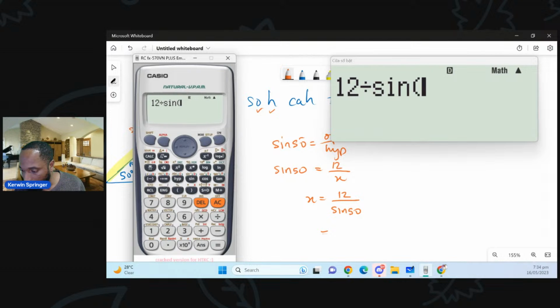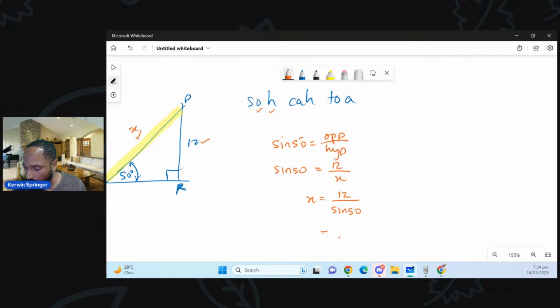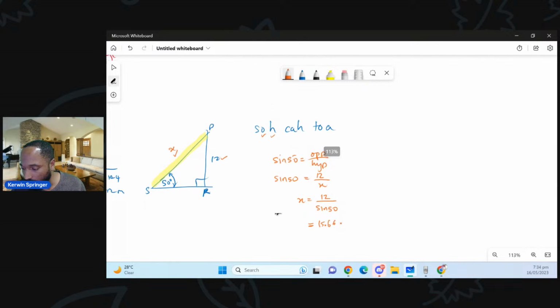Sine 50. I get 15.66. That making sense? 15.66 making sense. Yeah, that feels a little sensible to me. 15.66 meters. Okay, so now that we have that,